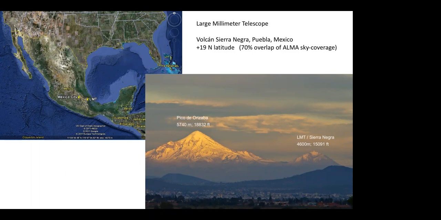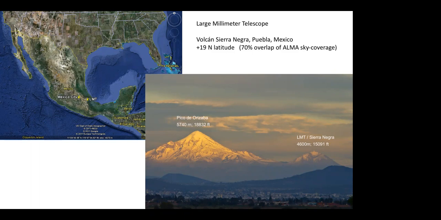So if you land at Mexico City Airport, there's a highway that connects Mexico City to Veracruz, and we can be on the telescope on the mountaintop within 5 hours of landing at Mexico City, assuming you're not stuck in immigration for a long time. And the picture on the right shows the two mountains that are relevant to us. The one on the left is Pico de Orizaba. It's an almost 19,000 feet high mountain. It's the tallest mountain in Mexico. It's actually a national park.